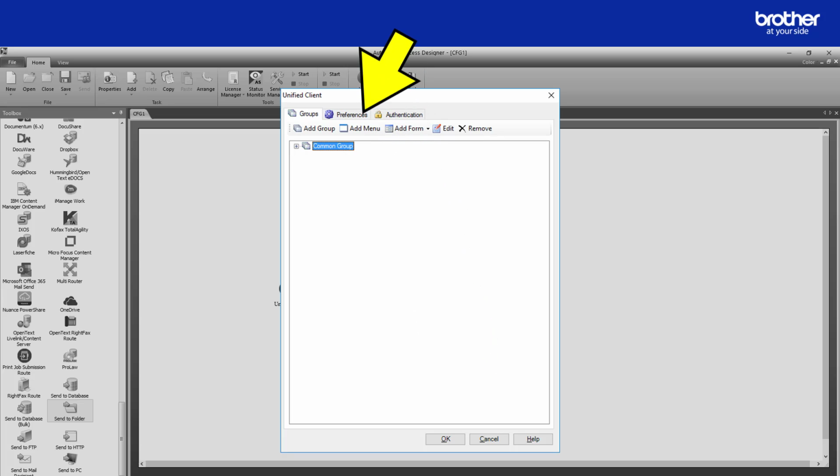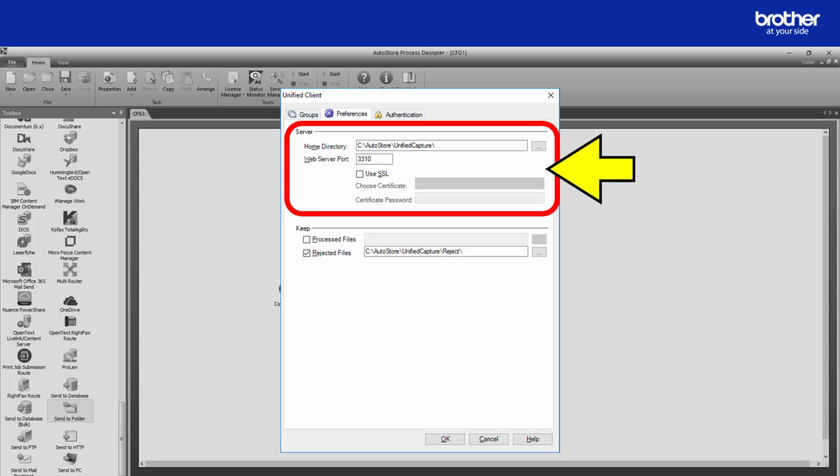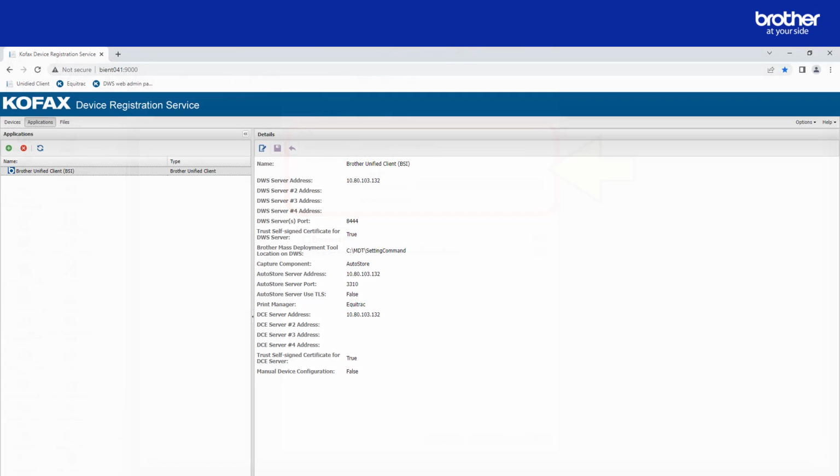Before I close this window as well, I want to show you something important in the Preferences tab. I want to show you these security settings, which correspond to these settings in DRS, Device Registration Service. As you can see, one of these options is to enable TLS.